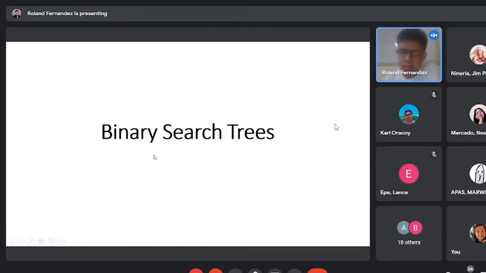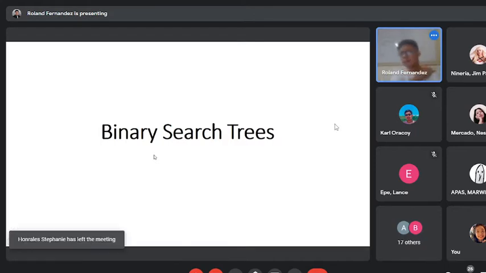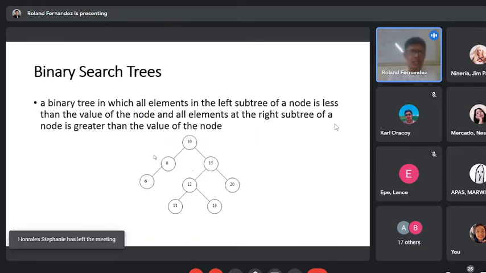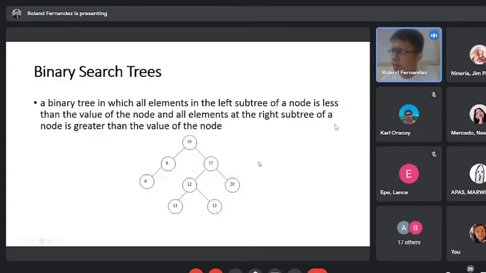So let's start with the topic for today. A binary search tree is a binary tree in which all elements in the left subtree of a node are less than the value of the node, and all elements of the right subtree are greater than the value of the node. So if we try to look into the definition and inspect an example tree diagram in here,